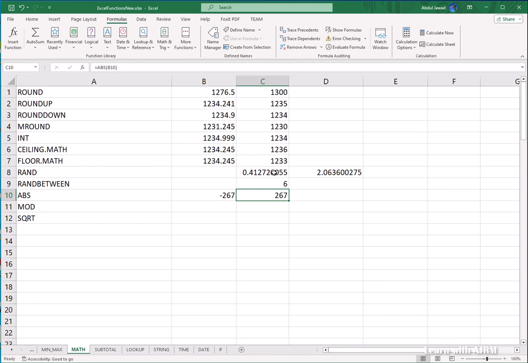Let me give an example of that. Let's say you had a scenario where you were supposed to calculate the difference between the sales price and the purchase price of a product for a user, and you had to output whether the user made a profit on the sale of the product or incurred a loss, and you also need to specify the difference as a value. Now, if you were to subtract the purchase price from the selling price, which is obviously supposed to be higher, and the value comes out positive, then it means that the user made a profit. But if it comes out as a negative value, then it means that the user incurred a loss on the sale of